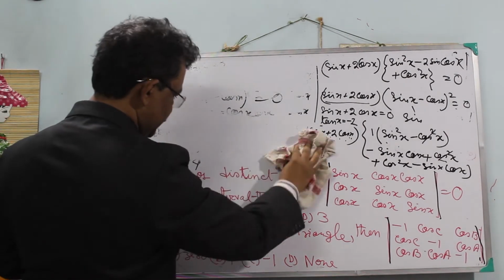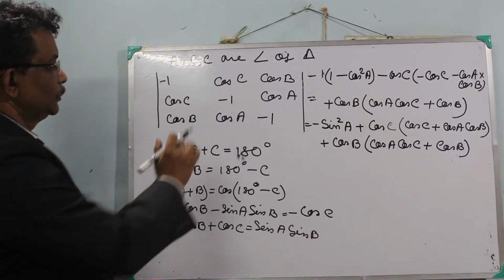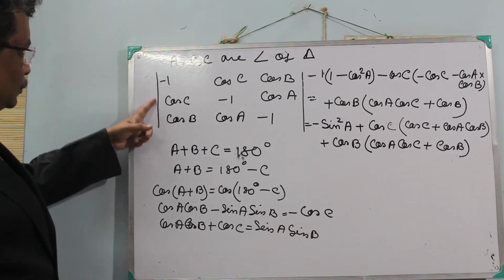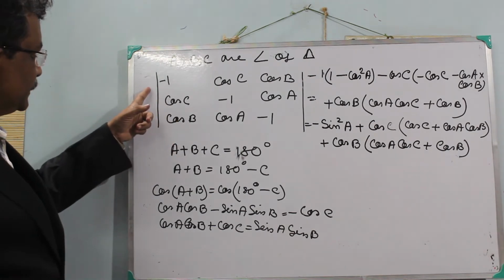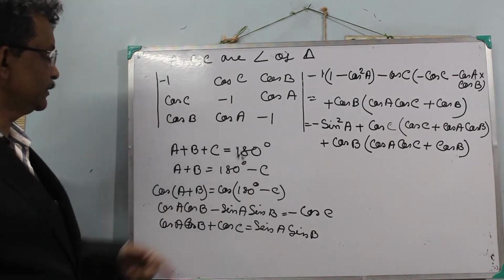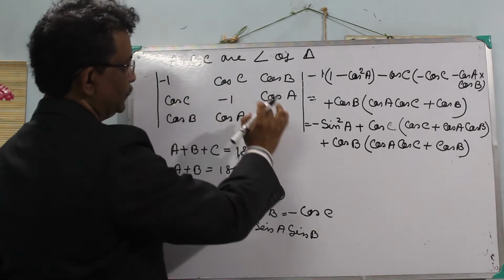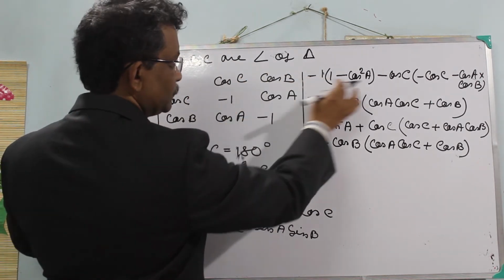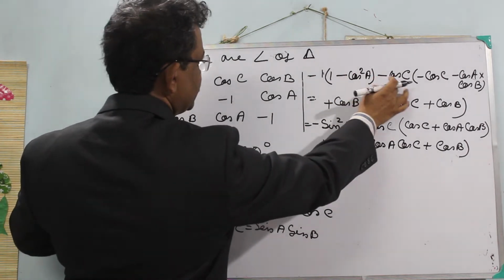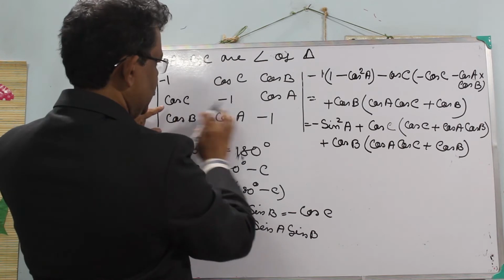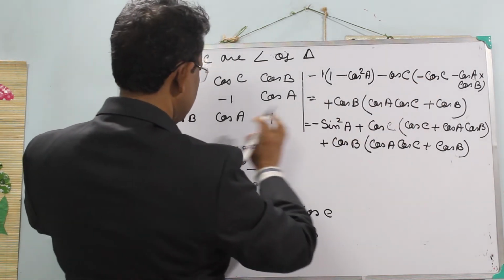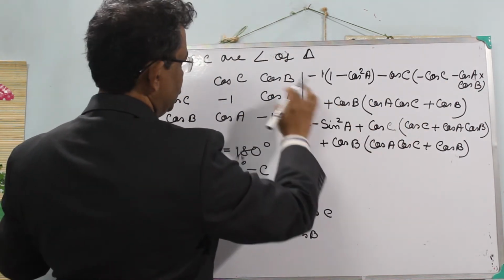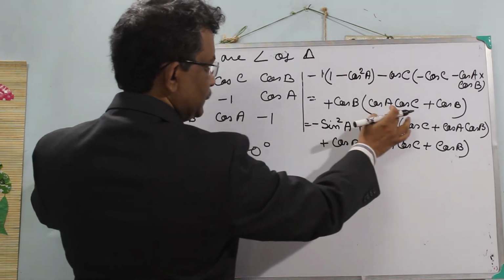47 is also a very easy problem. A, B, C are the angles of the triangle, and this is the determinant. If I expand the determinant, minus 1 into (1 minus cos square A), then minus C minus cos C minus cos A cos B plus cos B cos A cos C